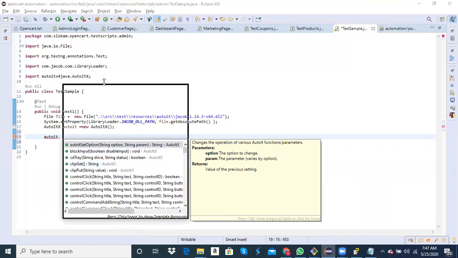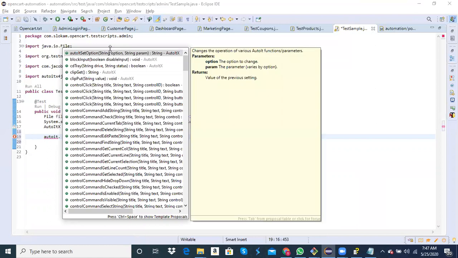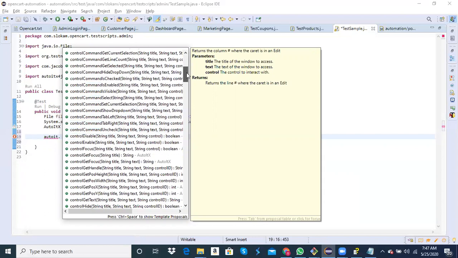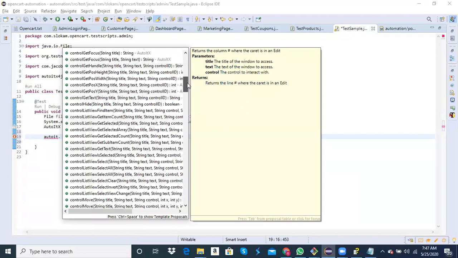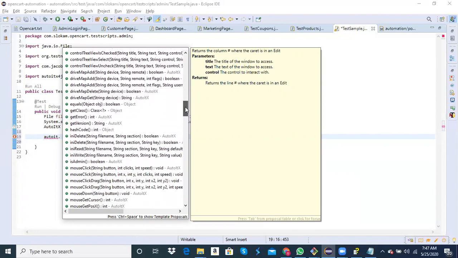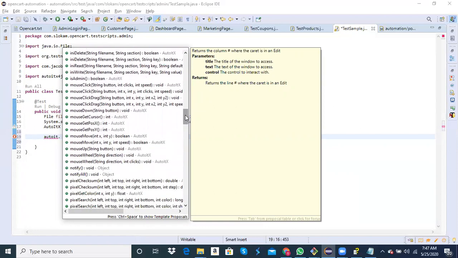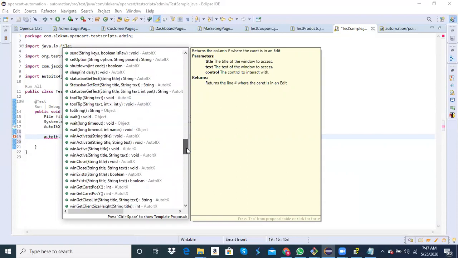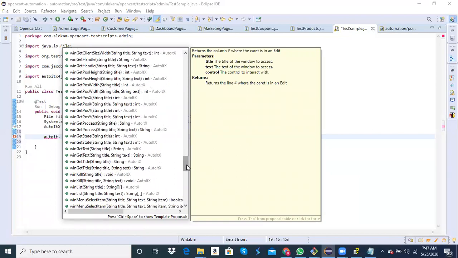You might not use everything, but just see: control click, control command add string, check, control tab delete string, edit paste, find string, get current control column, control disable, control hide, control move, control tree, drive map add, mouse click, mouse get cursor, mouse move, pixels, wait active, win close, win get. So these are all the methods you can think of, whatever you can do with AutoIt, you can do with the help of this.